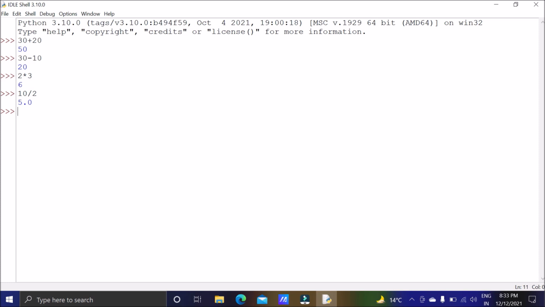Okay, so now we are going to start writing some functions. The basic function that we will use will be the print function. Print function is used to print anything. Either you can print a variable or you can print any string also. So first of all I am going to print a string. Whatever you want to print, you have to directly write inside double quotes. So I am going to print the name of the school.